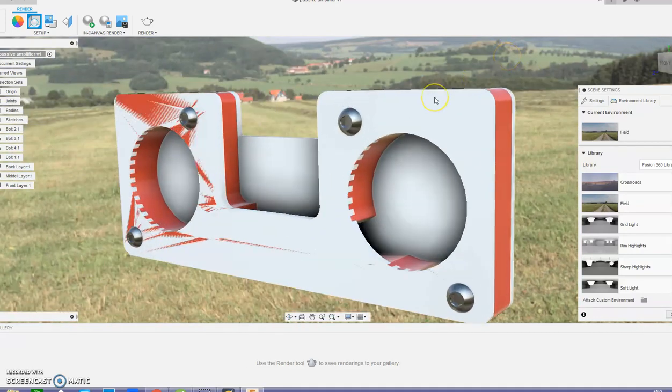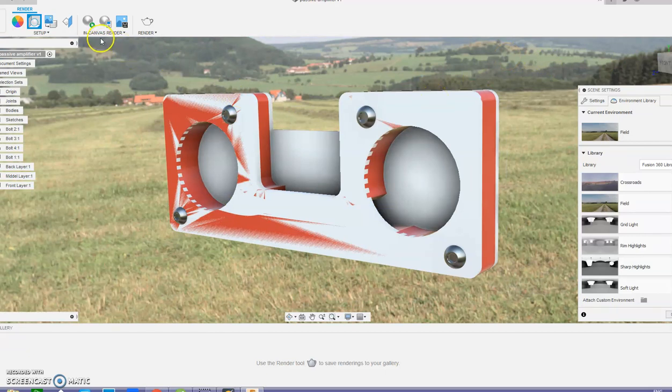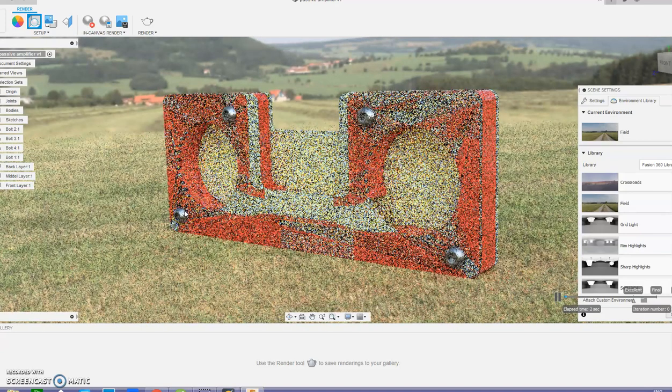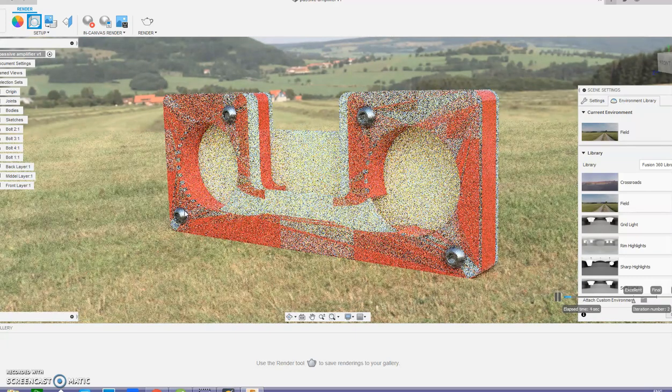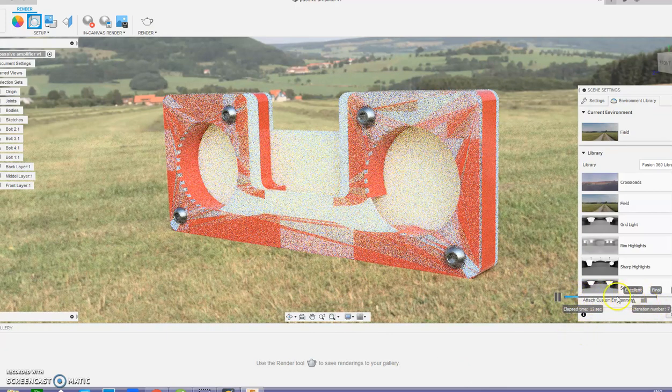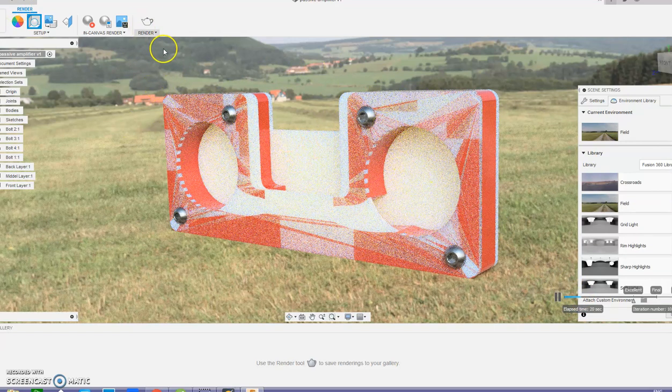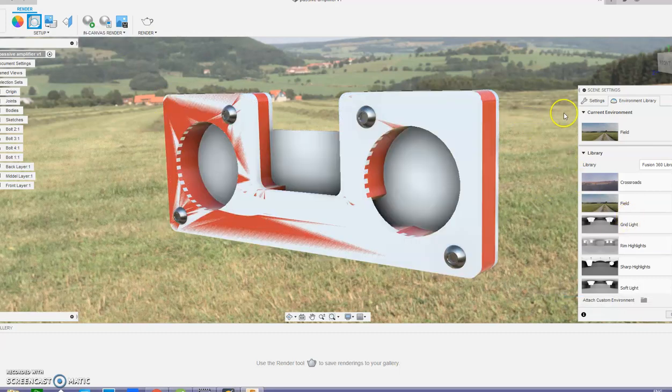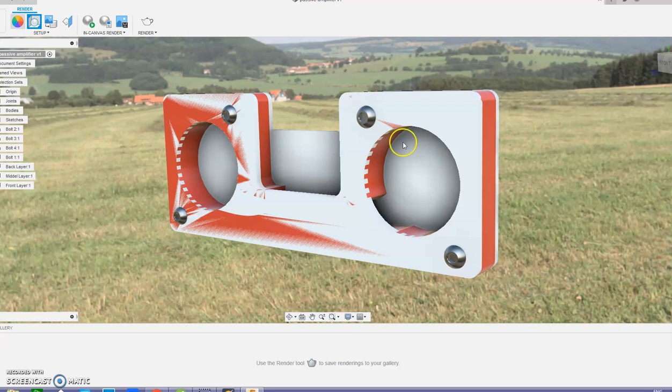Now you can take different screenshots of this if you wish, but if I click on in canvas render, let's see what happens. Okay, so now what you've got, the computer is producing a rendering of that drawing. Now if you look here, you can see the progress of the iterations. That does take a bit of time. But if we're not happy with that reflective surface, what I may have to do, if I just click stop in canvas render and I go back into my material wheel again,